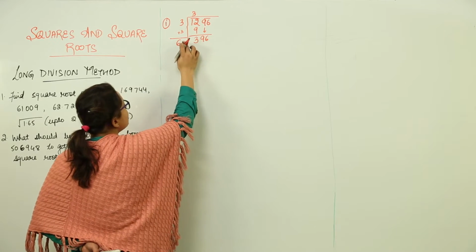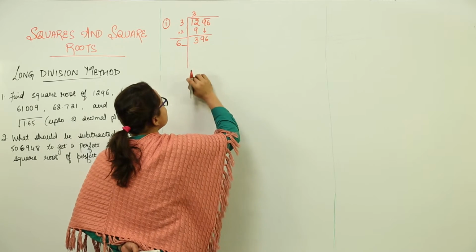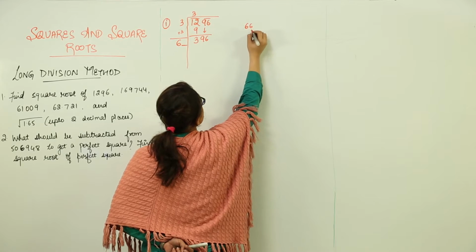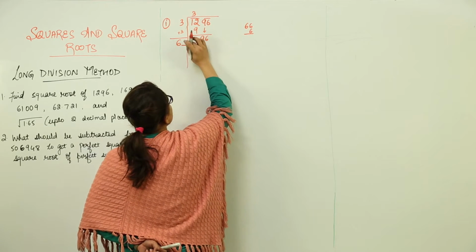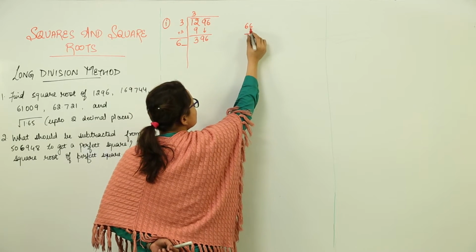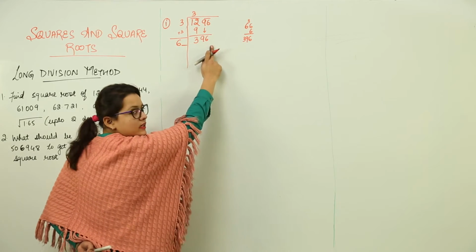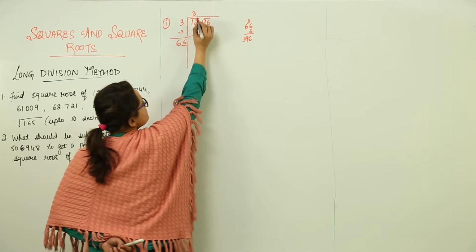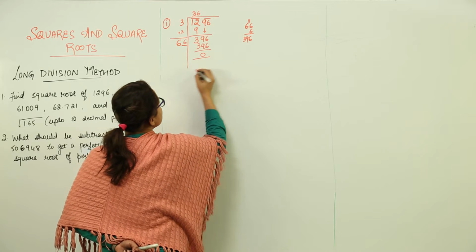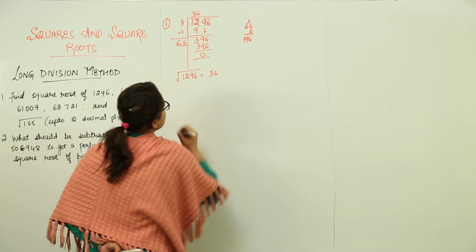Now you have to think of a number which should be written here and here such that the answer comes 396 or less than 396. So I know if I do this with 6 and 6, the digit coming here would be written here as well. That means it would be 66 into 6. Let us check. 6 6s are 36 and 3 is 39. That is coming exactly equal to this. So we write 6 and 6, and the remainder comes out to be 0. So we can write directly the square root of 1296 is equal to 36.